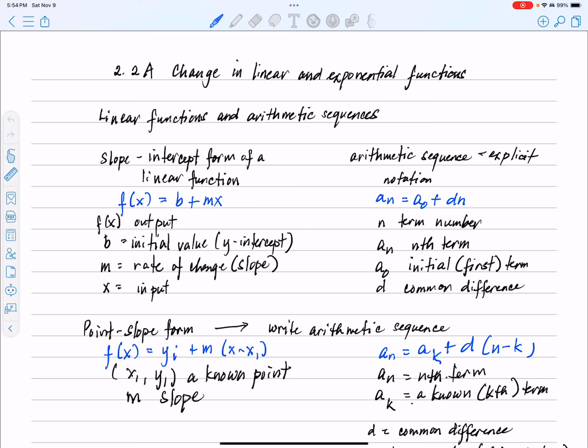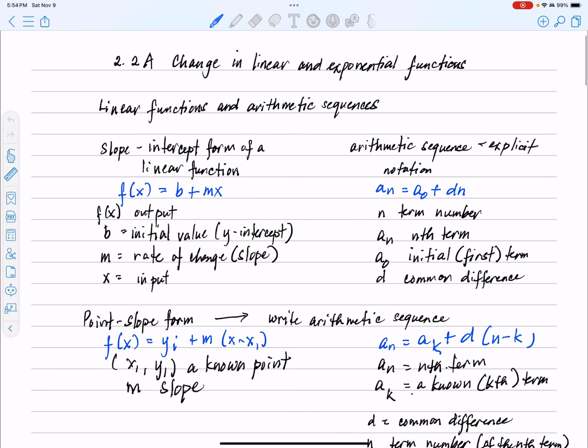Today we're going to do 2.2a, change in linear and exponential functions. Linear functions and arithmetic sequences are similar in such a way that we can look at their similarity in terms of the slope-intercept form of a linear function and the arithmetic sequence, which can be written in explicit